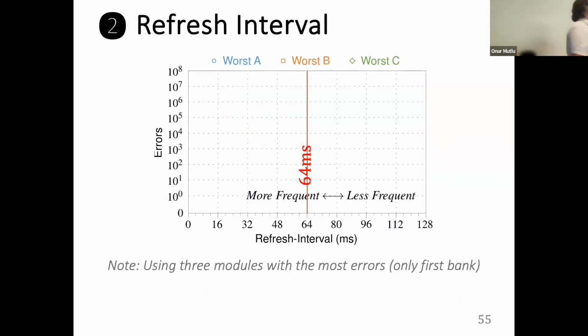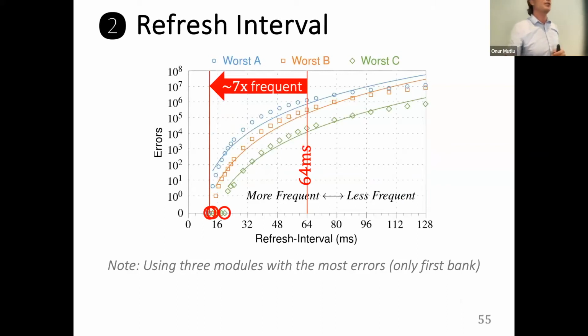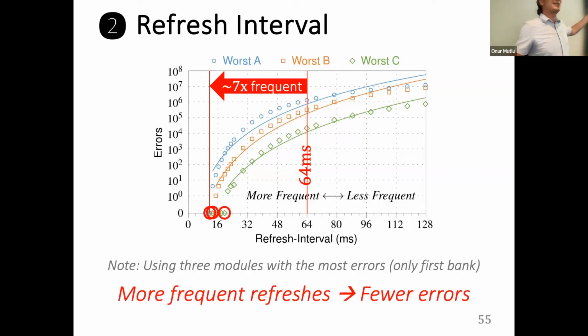You can say, I can increase the refresh rate of DRAM. This way, if I increase the refresh rate to a level, hopefully someone will not be able to activate a row enough times before the cells get refreshed, right? And if you do that, yes, you get rid of the errors, as you can see, but you need to increase your refresh rate by 7x. Nobody wants that, because remember, the reason we wanted to build our infrastructure was to get rid of refreshes. We don't want to add more refreshes to solve this problem. But we're going to get back to refreshes, because this is the only lever that the industry had at the time to fix this problem.